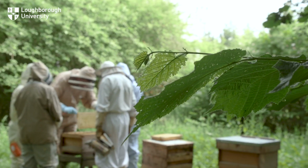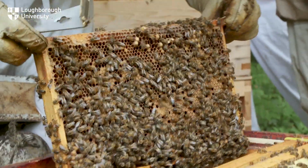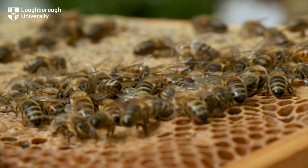So the bees will travel out. They'll go several miles to find nectar. They bring the nectar back, put it into the honeycomb, and then they dehydrate it. So the way they do that is by sucking it in, taking some of the water out and basically spitting